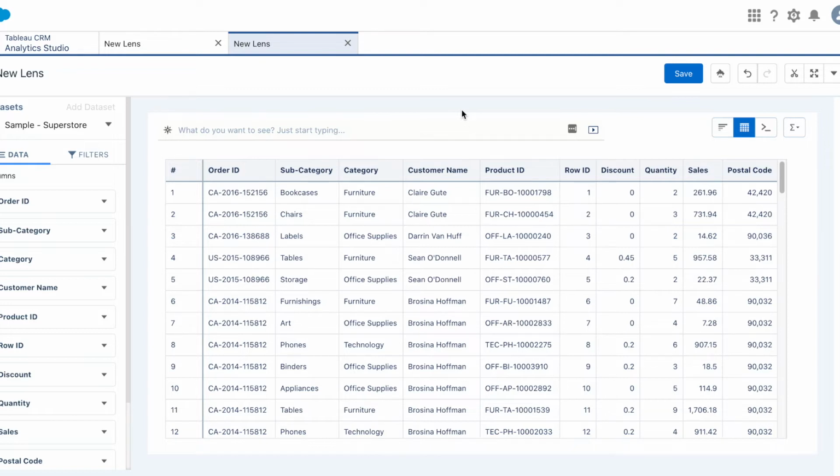Now, if you're a product manager or responsible to predict sales, you may want to understand, okay, what is my sale going to look like for furniture 3 months from now? Or what is my sales going to look like for, let's say, subcategory phones or subcategory binders? This is where recipes is not going to work, and this is where you need SQL query. So what we'll do in this video is we'll use SQL query, and we'll do the exact same things, but we will generate a lens, we'll put that lens into a dashboard, and then we will apply filters, and we'll show you how SQL query can allow you to filter the data and generate forecast 3 months going forward.